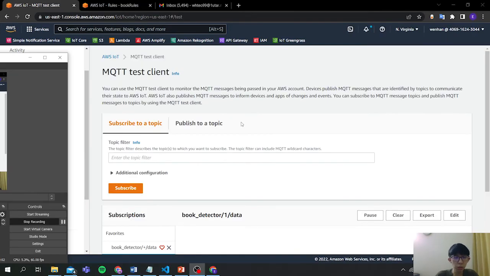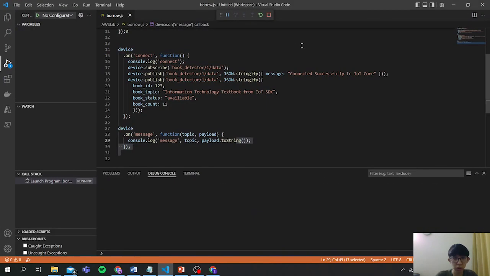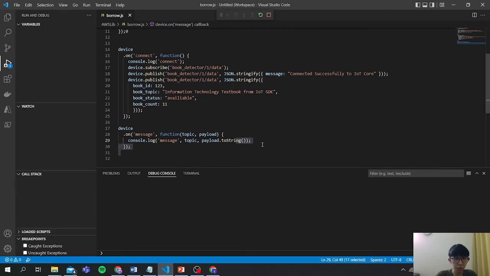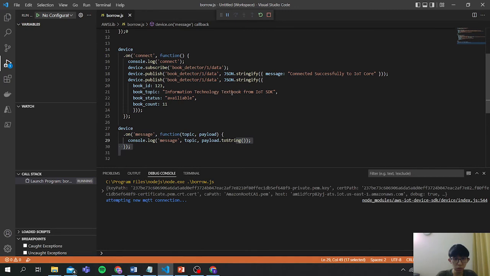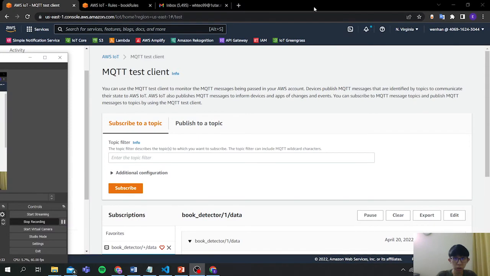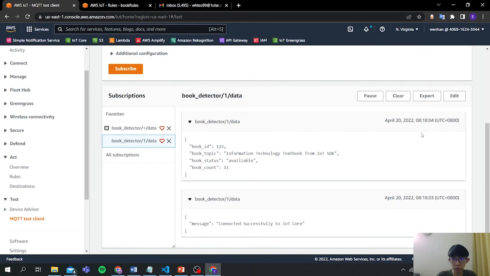Now the AWS SNS and also the AWS SDK are already connected with the AWS IoT. Now we can run the code to test it first. Let us run the code. This code will publish the message to the AWS IoT, then we can check it on the MQTT test client. You can see it.